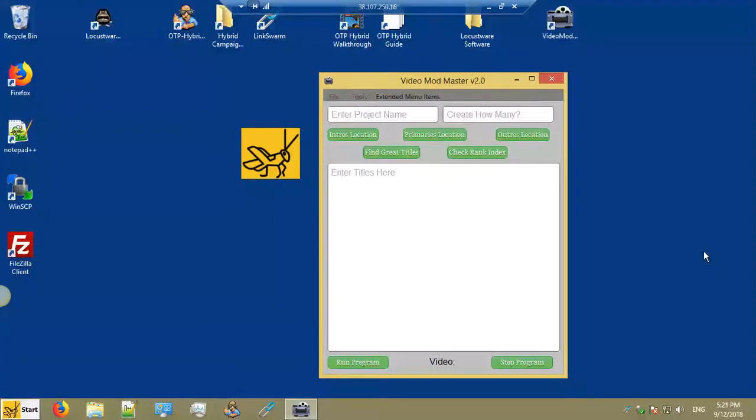Then it'll take another one of the intros, another one of the primaries, and another one of the outros and make a video. And it keeps randomly doing this to make as many videos as you can make combinations of. Why do you want so many videos? Because you can then use each video for different purposes, different keywords,